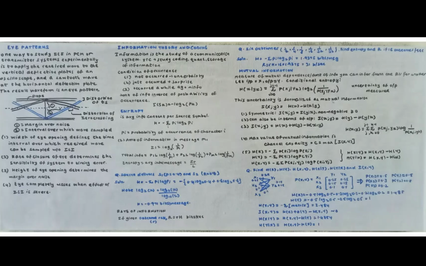And here, to find the probability of x1, you sum the row of x1. So 0.25 plus 0.25 is the probability of x1, 0.15 plus 0.15 is the probability of x2, and 0.1 plus 0.1 is the probability of x3. Similarly, for y1 and y2, you sum the whole column and you get the values. And then you use the same formula for entropy, right? So since you have for y1, y2 values of